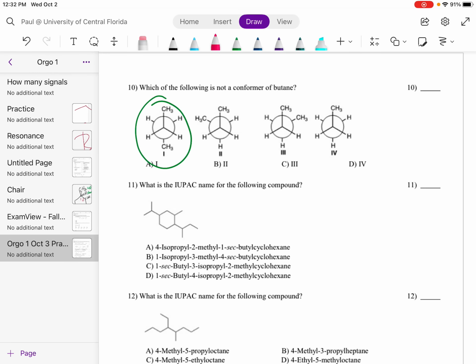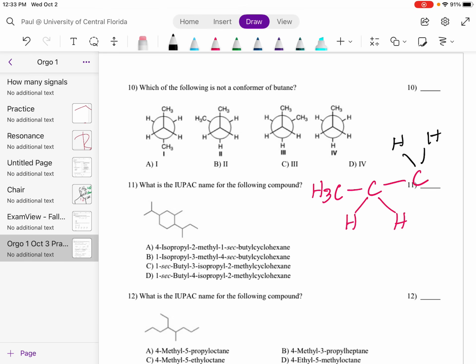I'm finding the longest carbon chain, okay? So I see this carbon right here, and then that carbon. So we have a CH3, and that CH3 is attached to the dot right there. And on that dot, it's connected to two hydrogens. And then that dotted carbon is connected directly to the circle, which is a carbon. And what is directly attached to the circle? Well, we see that we have two hydrogens on that circle and another methyl,